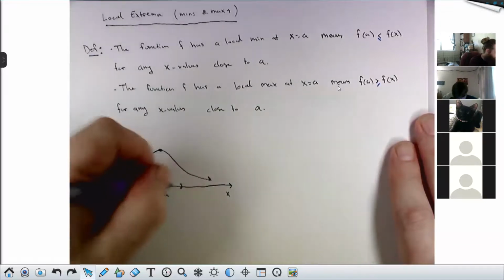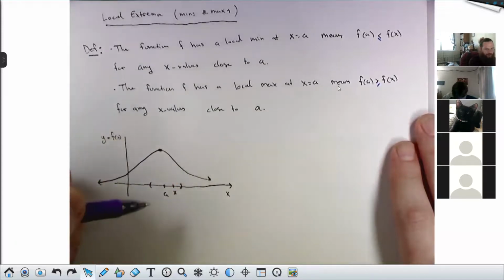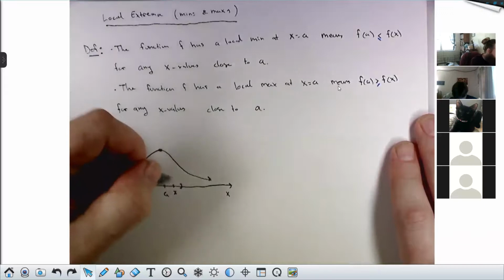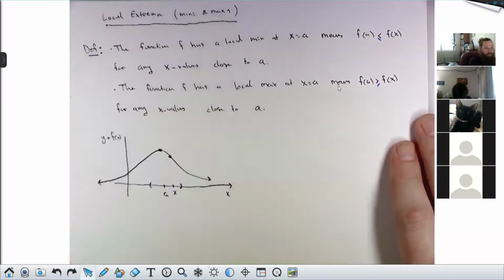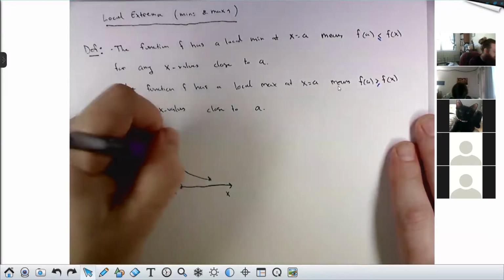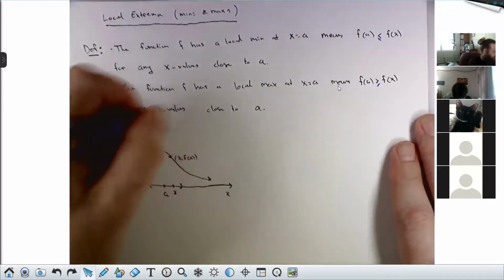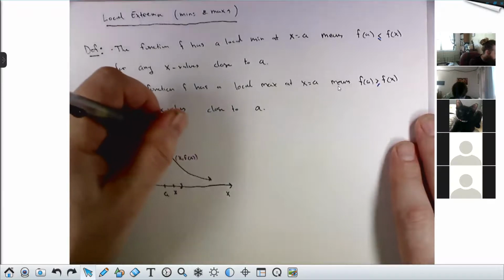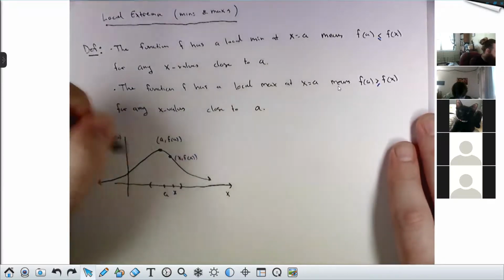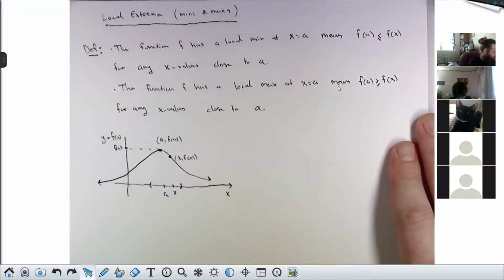and you take any x value from that interval, I would say that this x is pretty close to A. Then the y value on the graph there is smaller than the y value on the graph here. Yeah? And this will be x comma f of x. And up here is a comma f of a. And f of a is this y value. F of x